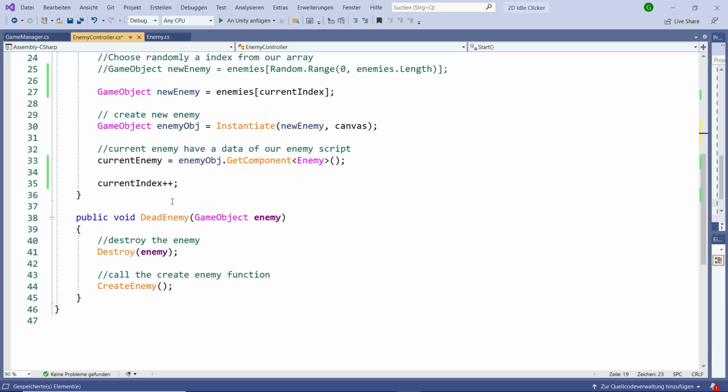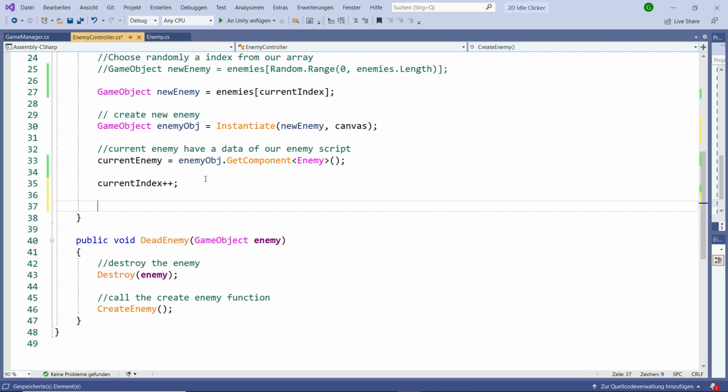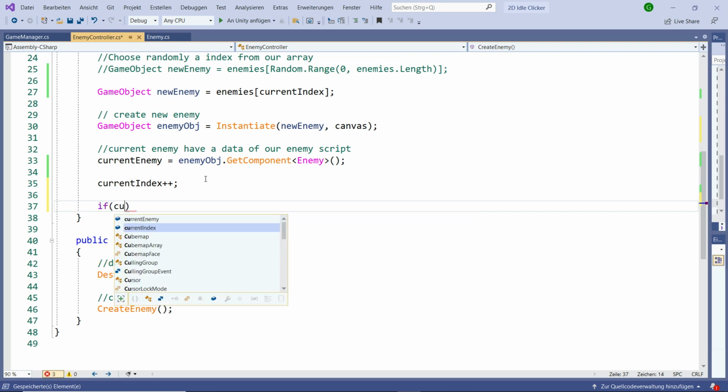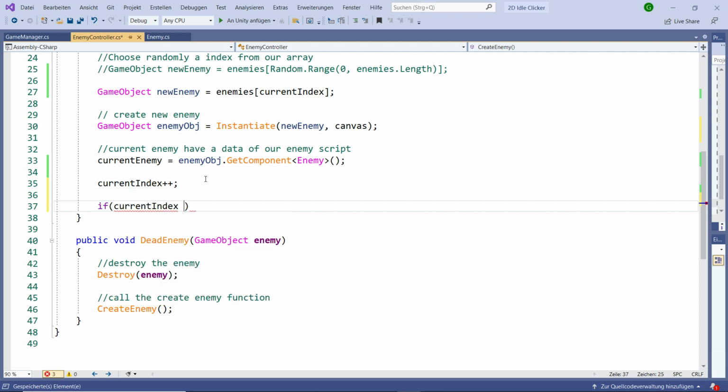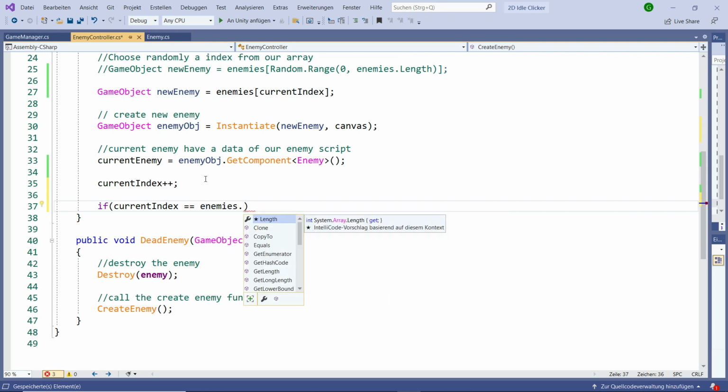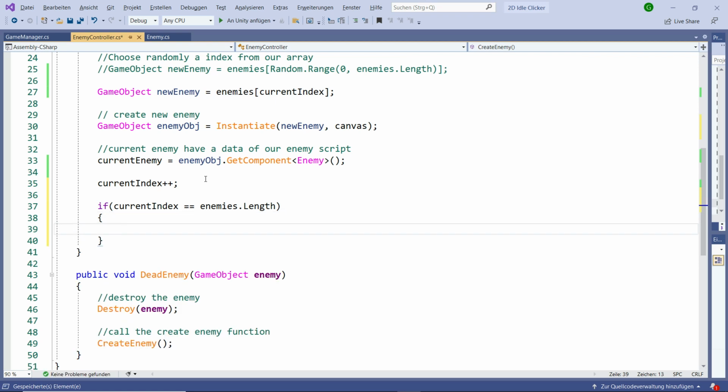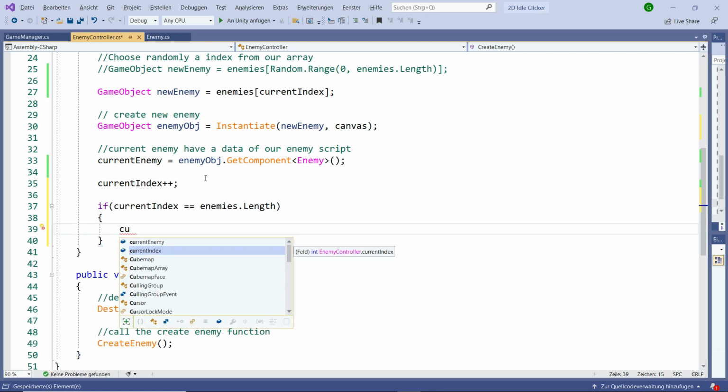Now here, we need to do something else so that we are not going to have more than our index max. So for that, we need to say if current index is equal to enemies dot length. That means the end of our index. Then what we want to do, we want to set the current index to 0,